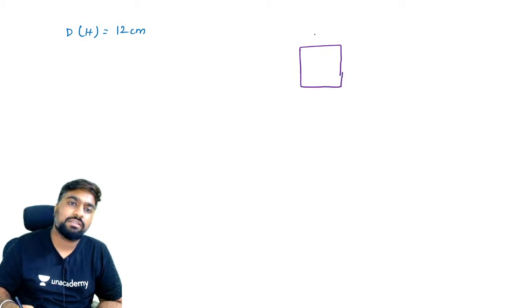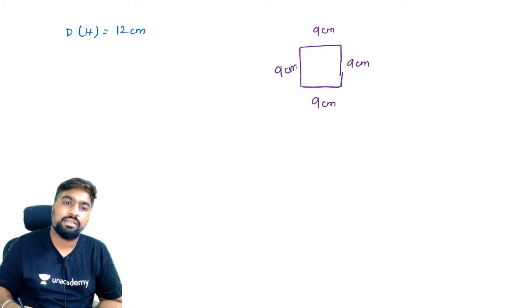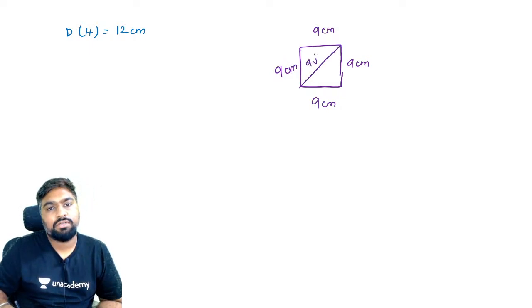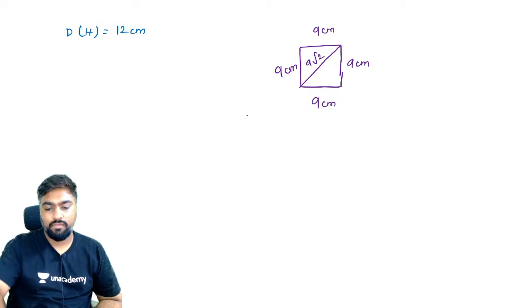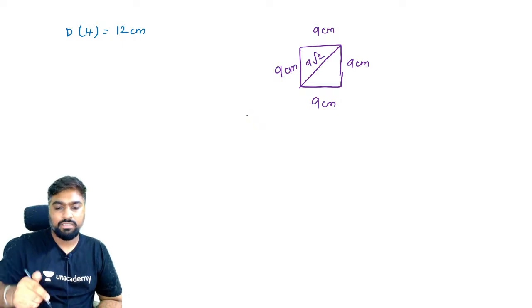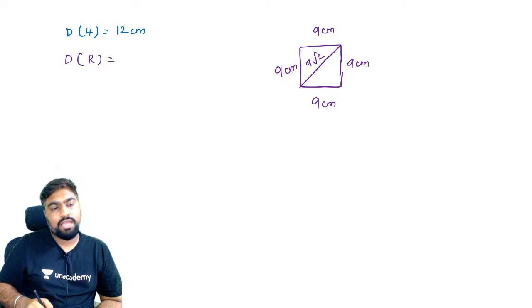If I have a square with 9 centimeter each, then the diagonal will be 9 root 2. How much is 9 root 2? Root 2 is 1.414 into 9, which is 12 point something. The diagonal of that rectangle is